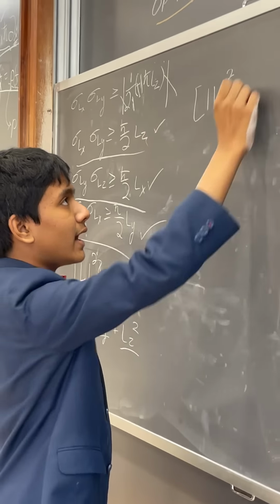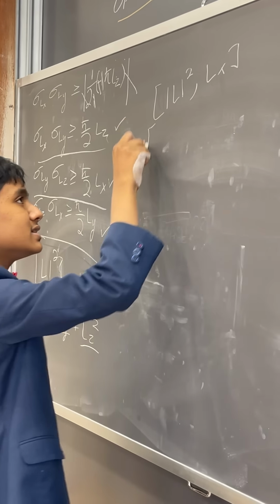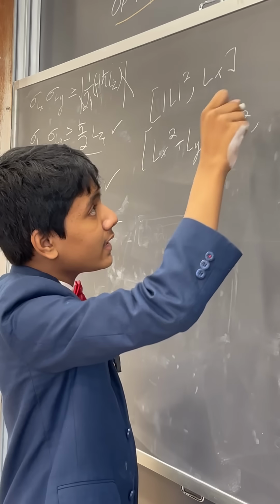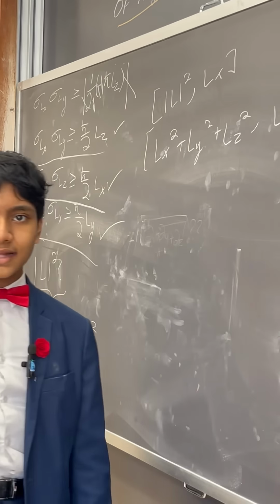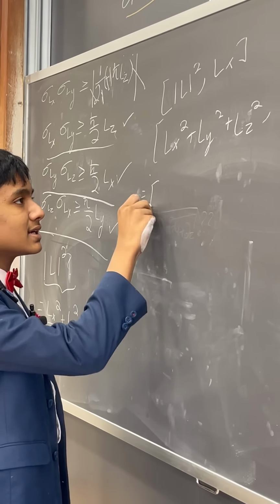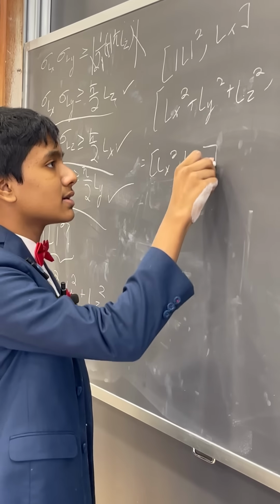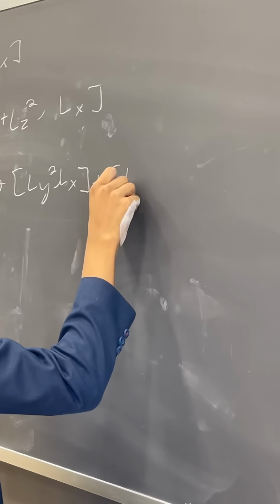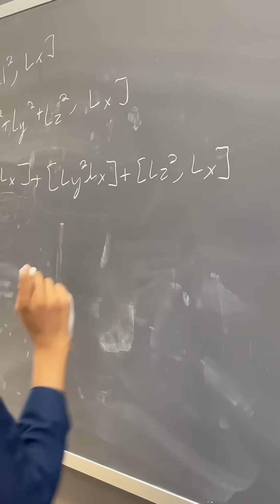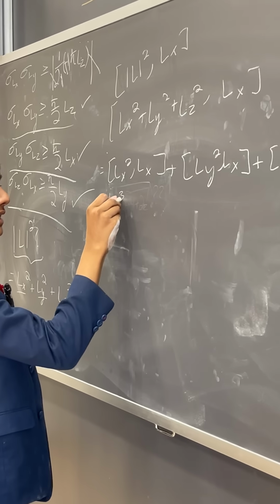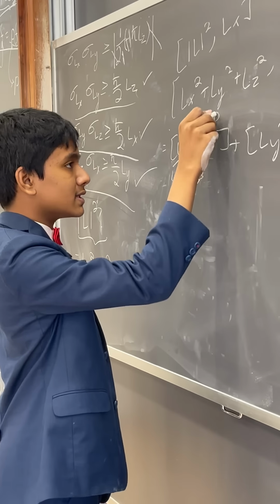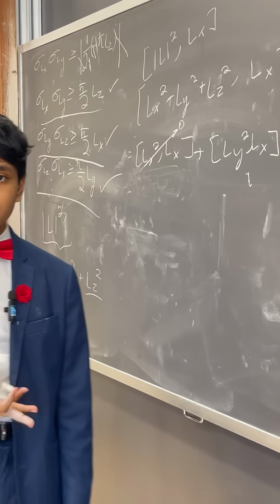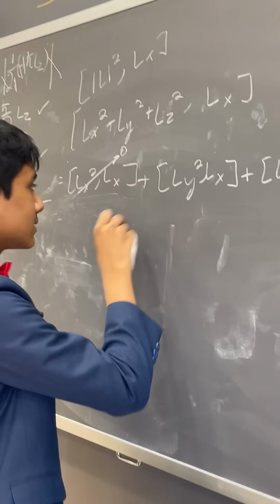here's what happens when we write it out with, say, Lx. This becomes Lx squared plus Ly squared plus Lz squared, and since angular momentum, like all of the operators we've looked at so far, is a linear operator, we can rewrite this as Lx squared commuted with Lx, Ly squared commuted with Lx, Lz squared commuted with Lx. And of course, this is just Lx cubed minus Lx cubed. An operator commutes with itself, which makes that 0. And these other two are a little bit more interesting. What happens with them? Well, consider that this is equal to